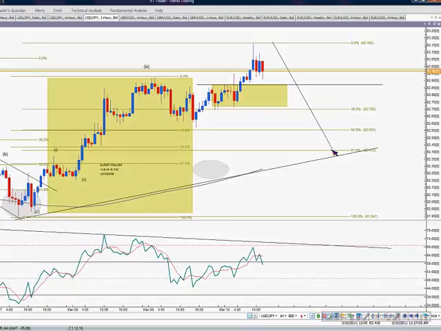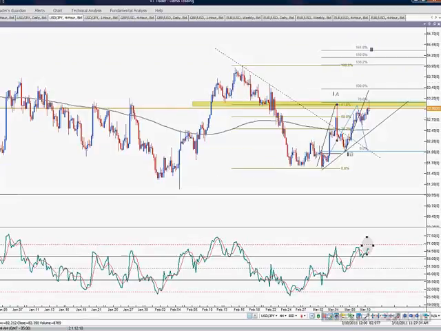But not more than 61.8%. We don't want to see this retrace more than that. If we do, then this bullish scenario is questionable. So right now we are bearish in the short term, but when it comes to this 82.50 area, we should be looking for a bottom, anticipating some type of reversal back towards the bullish scenario, which would break above 83.